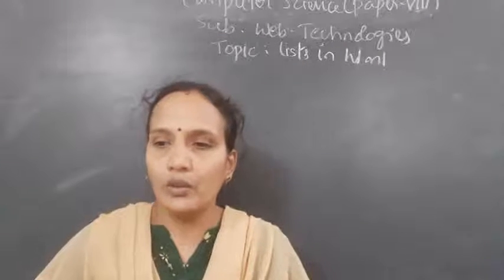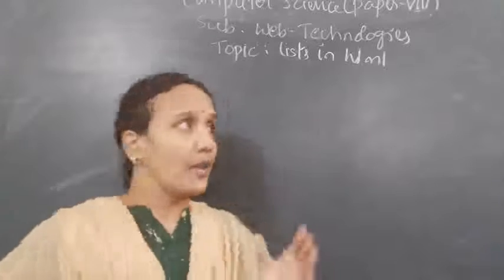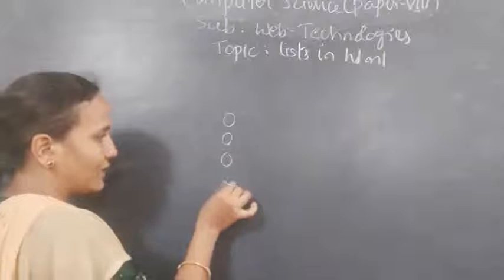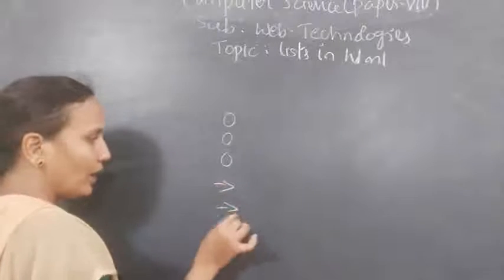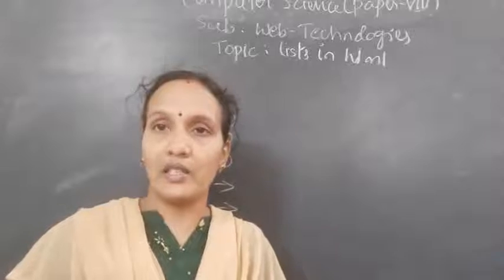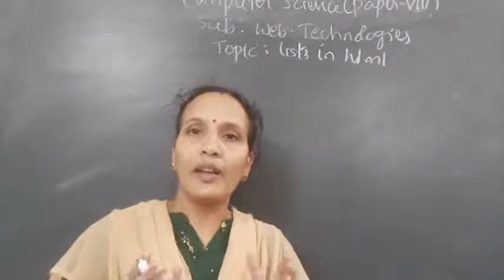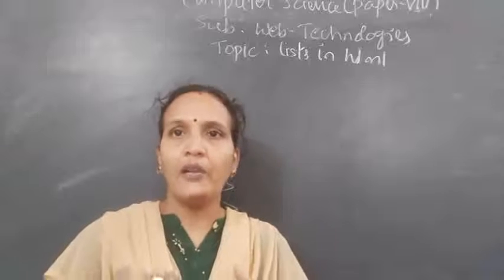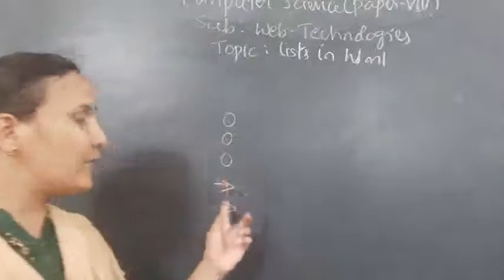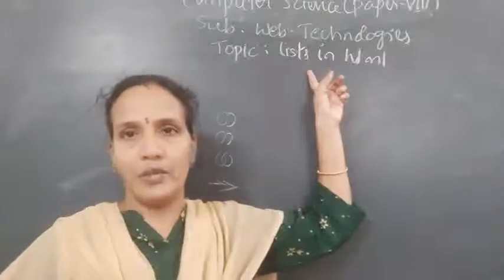See, when you see any restaurant website, before the list items, you will get circles and arrows like this. Okay. In MS Word these are called bullets. So for example, if you are designing a website for a restaurant and before the menu items you want to display any symbols like this, then you can display them by using the list concept.